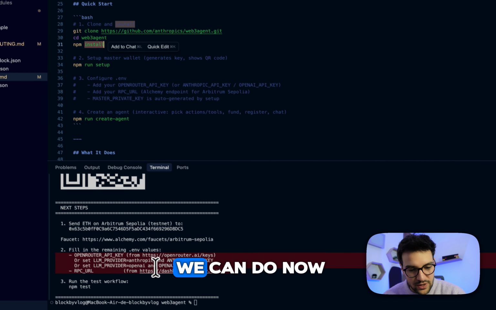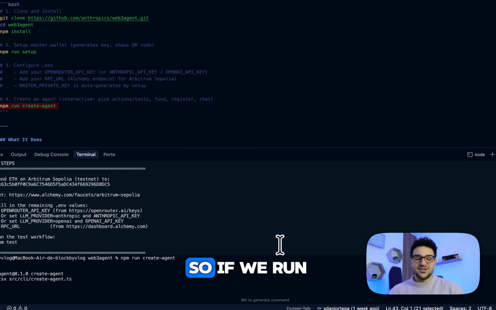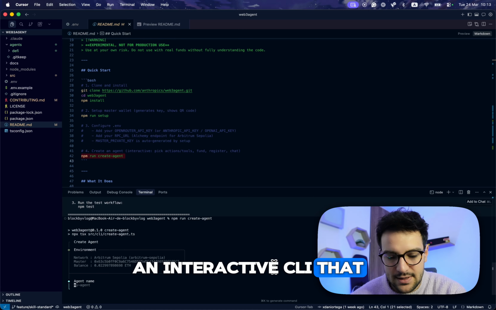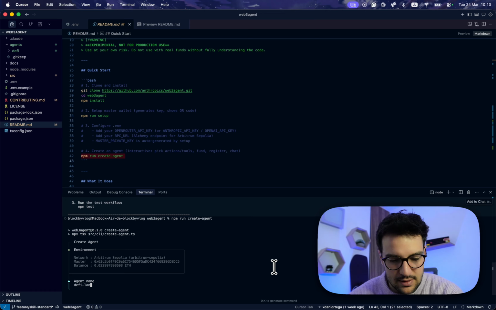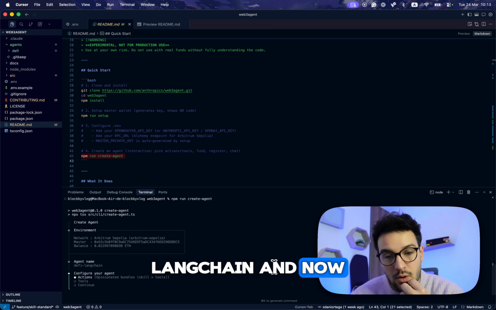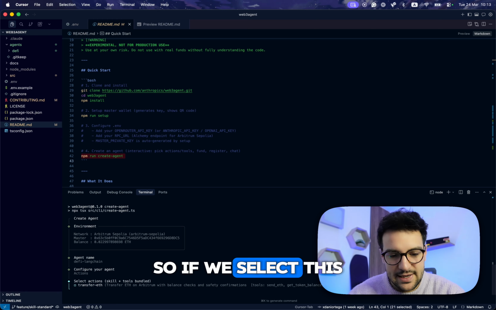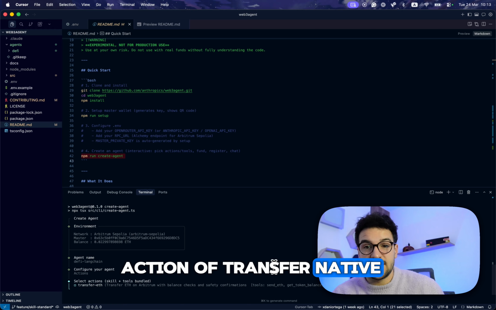So what we can do now is not run a test, but actually create our first agent. If we run this command, we'll have an interactive CLI that will say, okay, let's define a name, DeFi LangChain. And now we have here the step of the actions that we have explained before. If we select this option, we will have the action of transfer native ETH, right?